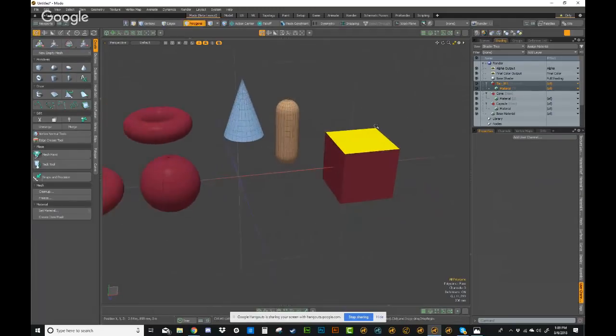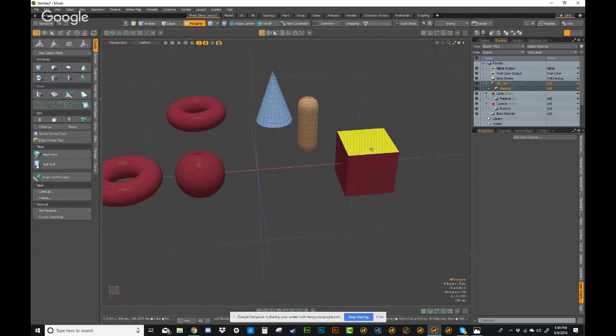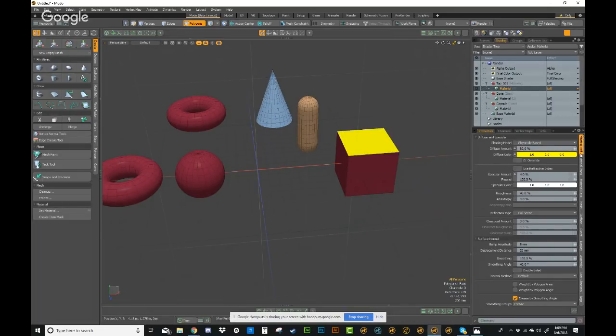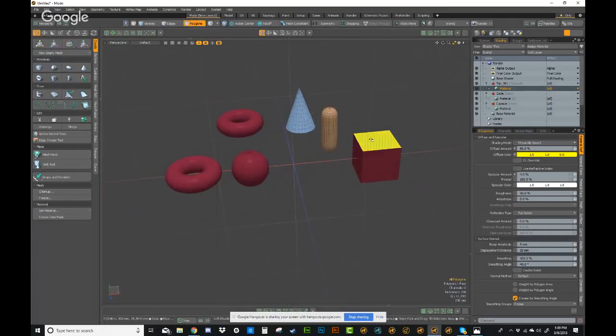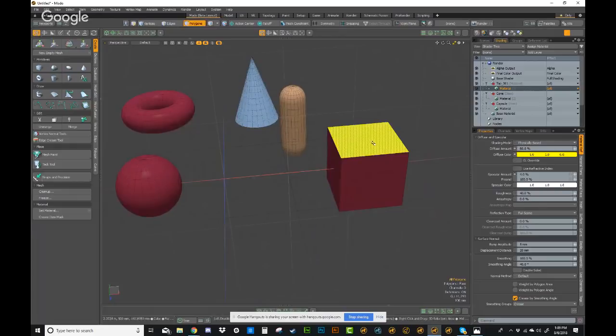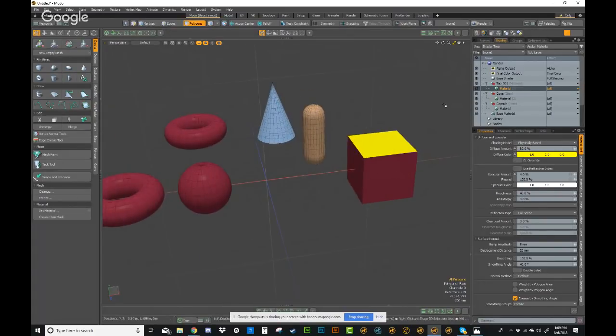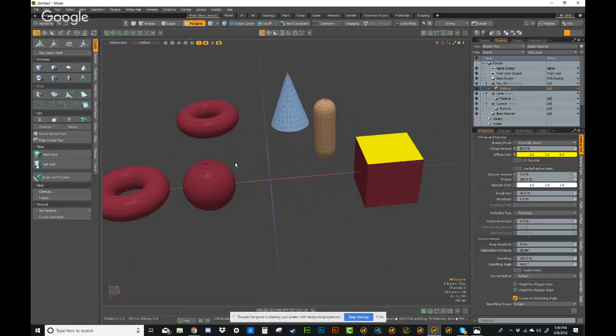And now the top of this cube is yellow. We can change that here in the material reflectance side tab of the material properties. But what's different about this isn't just because we're now affecting the element within this cube item. What's interesting and different about this is the fact that now I can select other